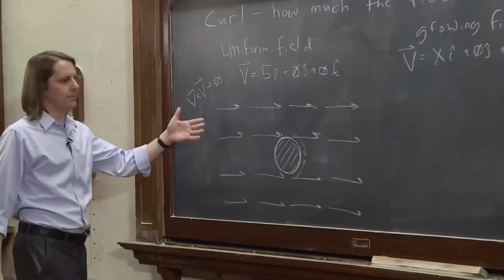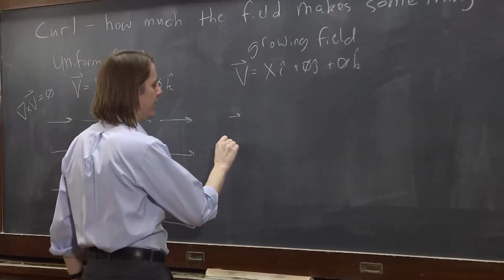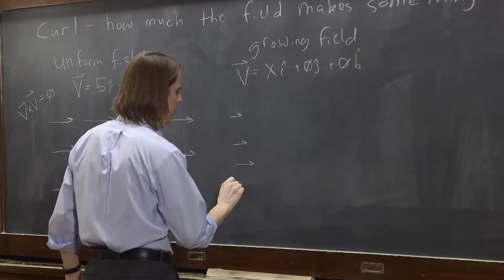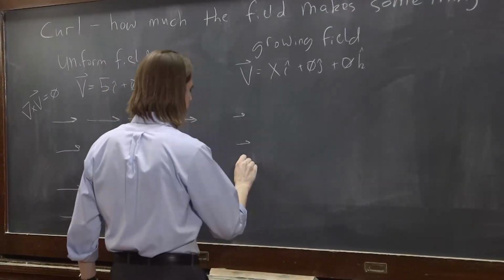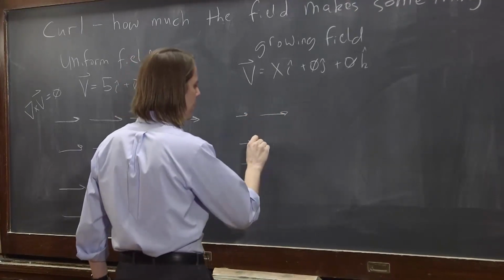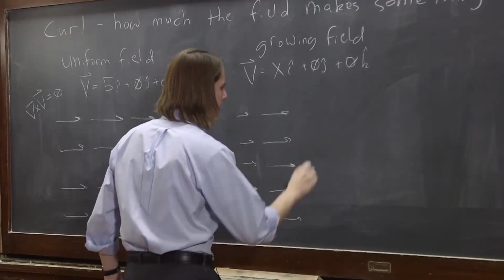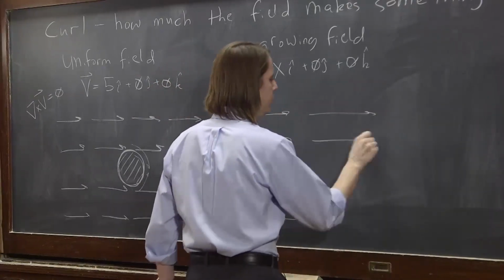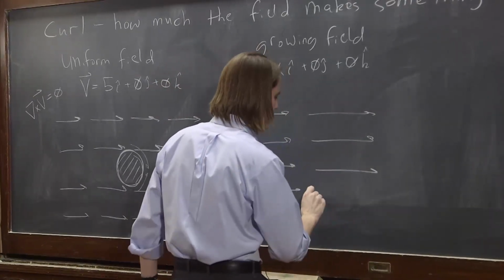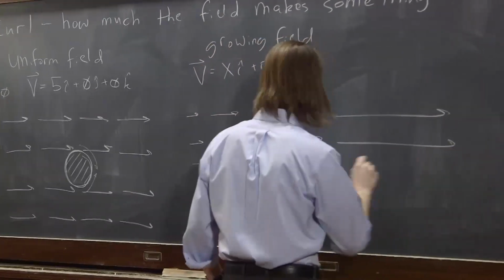So instead of 5, it's going to increase. We're going to have short vectors here, all small vectors where x is small, and then they get bigger as you move to the right, and they get even bigger as you move farther. They're just increasing with x, and they're doing it linearly, and I don't know if I'm drawing them perfectly linear,